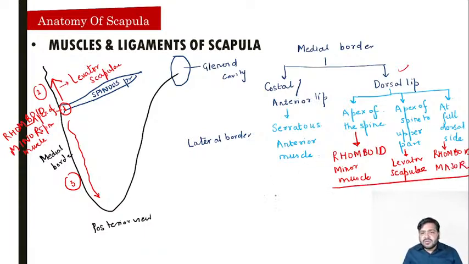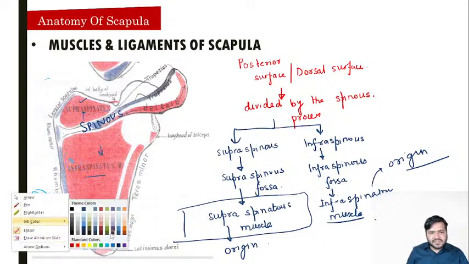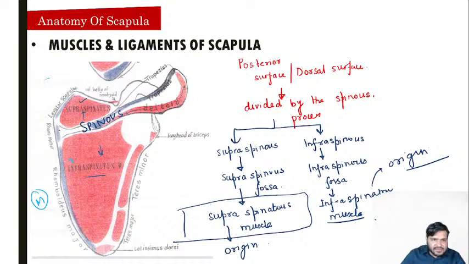rhomboid major, और तीनों ही मसल इंसर्ट करती है, तीनों ही मसल इंसर्शन देखिए यहाँ पर। अब यू कैन वेरी वेल अप्रिशिएट कि हाँ सर एपेक्स ऑफ द स्पाइन, अब यहाँ पे देखो ये पोस्टीरियर व्यू है, सबको यहाँ पे दिखाई दे रहा है, this is the posterior view, और सर ओके नाउ वी विल ट्राई टू डिफरेंशिएट इट इन द डायग्राम एज वेल। यू कैन सी कि एपेक्स ऑफ द स्पाइन पे एक मसल है, दैट इज द रोम्बॉइड माइनर मसल।